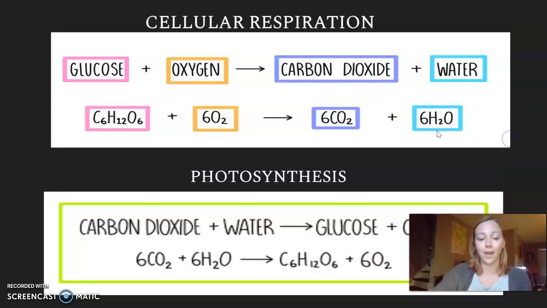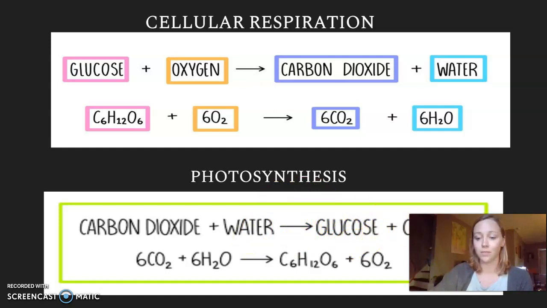And then if you compare the two formulas, you have your reactants and then you have your products. So under cellular respiration, you have glucose and oxygen being your reactants. And then using the process of cellular respiration, you have your products being carbon dioxide and water. Whereas in photosynthesis, you're taking carbon dioxide and water, your reactants, and using solar energy to produce the products of